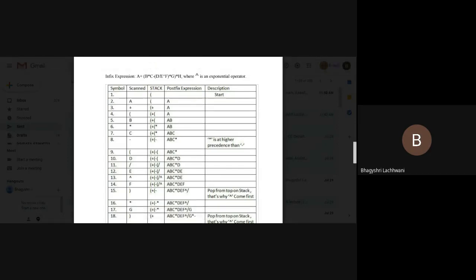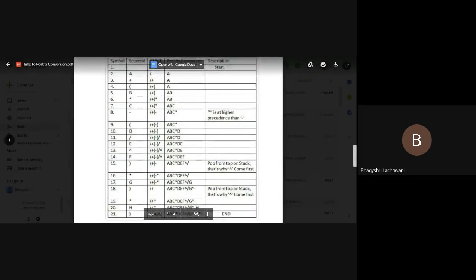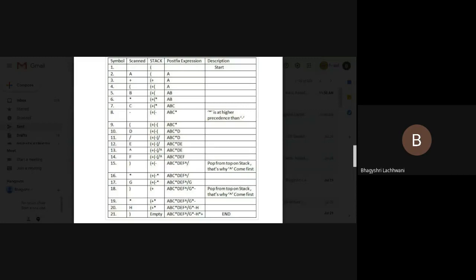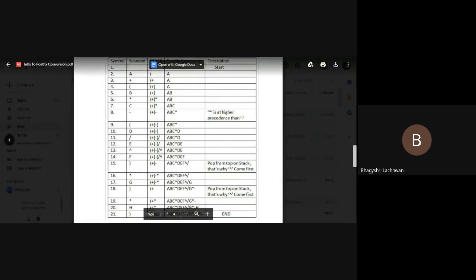See, if there is a lower precedence operator, then we have to pop the symbol from the stack, but whatever new symbol we are inserting has the higher precedence, that means we will put it onto the stack. So we will put it on the top of the stack, and the postfix expression will be as it is. Next time we will take f. F is an operand, so directly we will shift it to the postfix, then closing bracket.